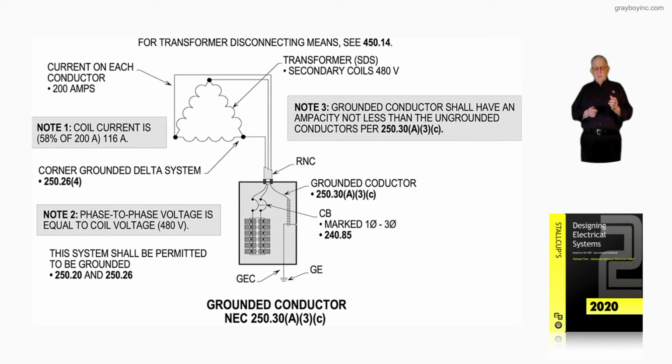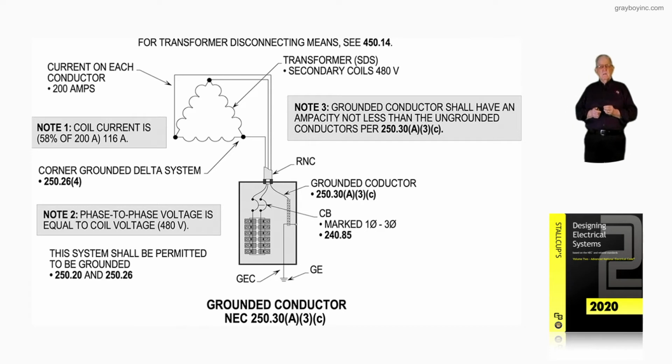And we don't want to forget now that transformers require disconnects, starting, I believe, with the 2017 edition of the NEC. So we would look at that. Now, the next thing I would like to review with you is the notes. Note 1, the delta winding current is 58% of the phase-to-phase current. So if we add 200 amps on L1, L2, and L3, respectively, then notice 58% of 200, the winding